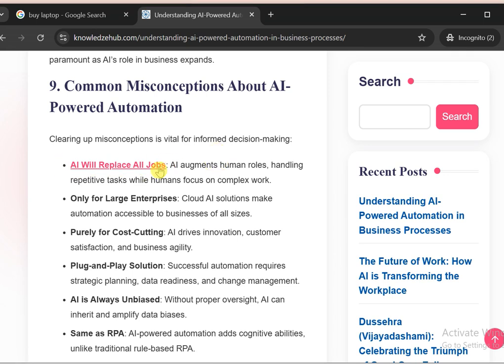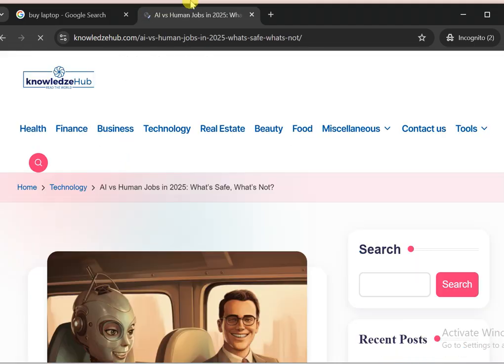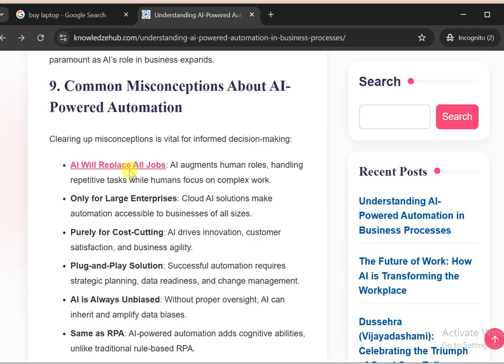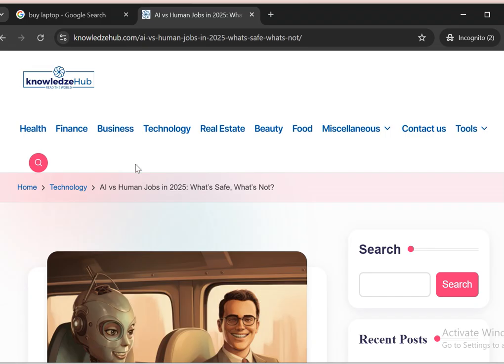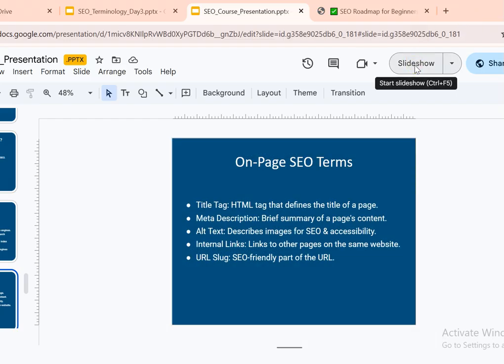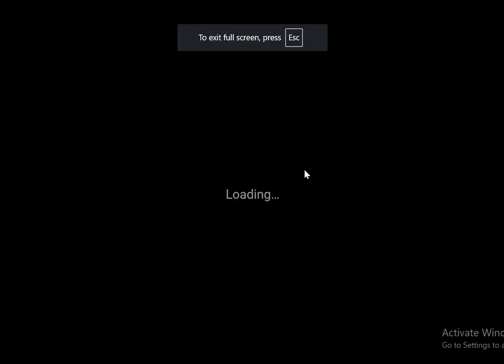If I click on this, it will redirect to some other page of this knowledge hub. So they have linked from here to another page. This is called the internal link. Okay, coming back to our slide.